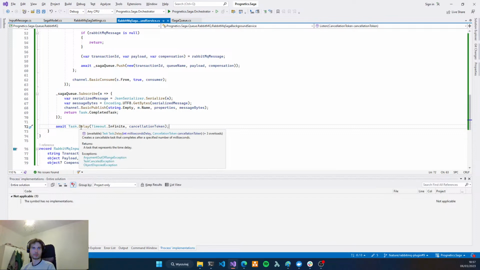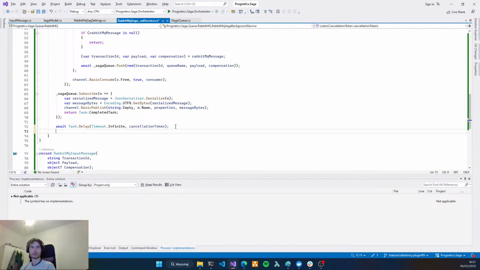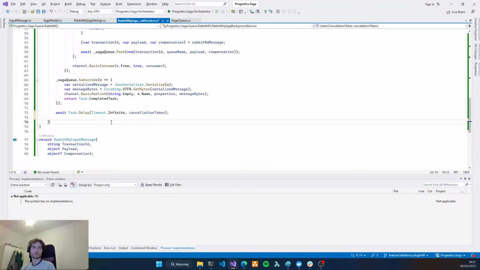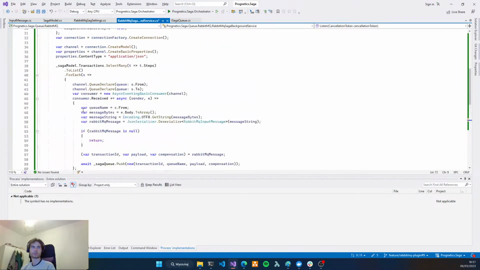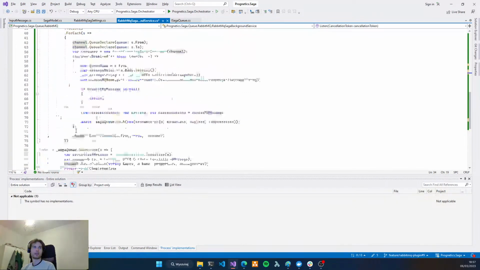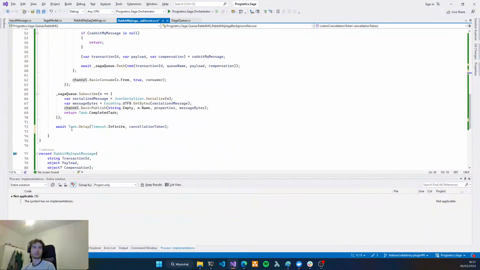But after that, we can have now... No, it's not disposable. We can dispose of these things. It will be disposed after the method finishes.